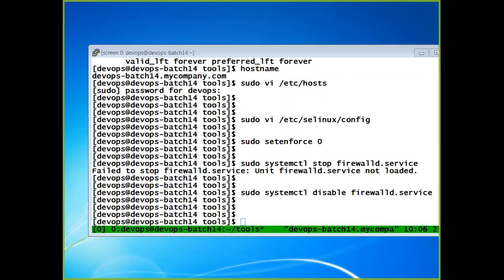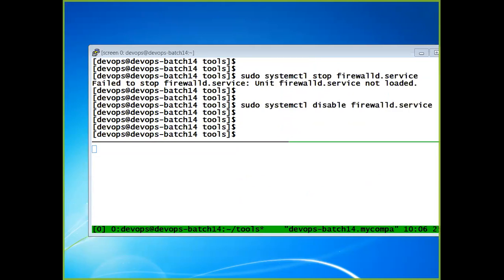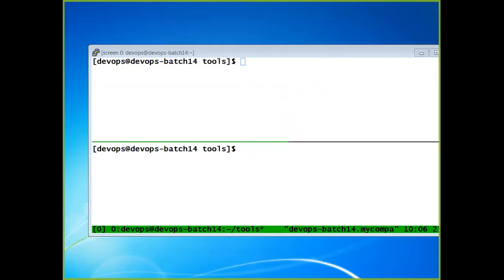So let me break that into two screens. That way in one window we'll start and in one window we will work with Git. Or we can do one thing. I want to show you on the big screen.